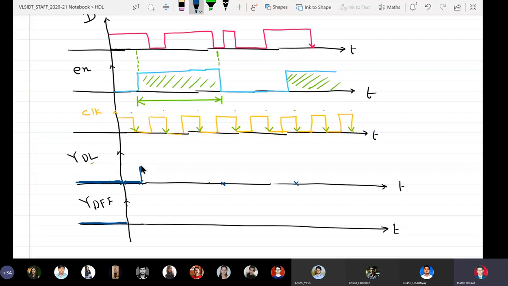Now what are the changes? From this point to this point, whatever is the input will be transmitted. So 1, 0, continue here, again 1, again it will become 0, like this. Now can you tell me, at this instant the input is becoming 1, will that 1 be transmitted to the output? No, sir. There is a change in the input at this instant, but because enable is 0, it is blocked.